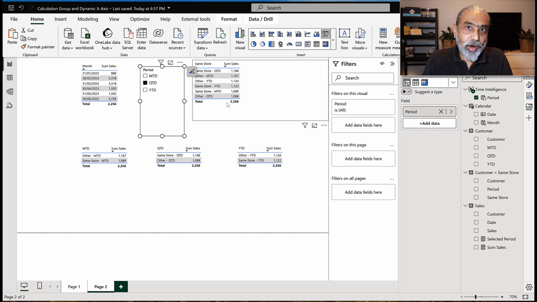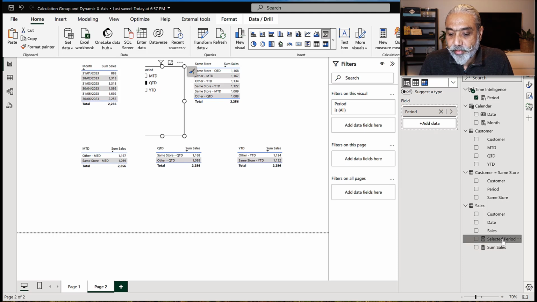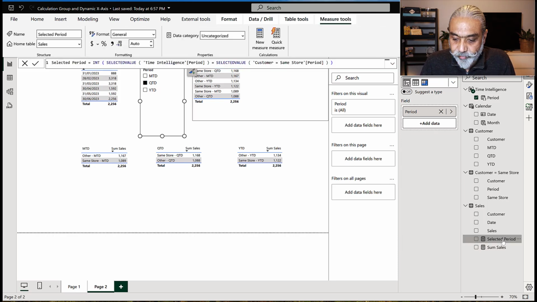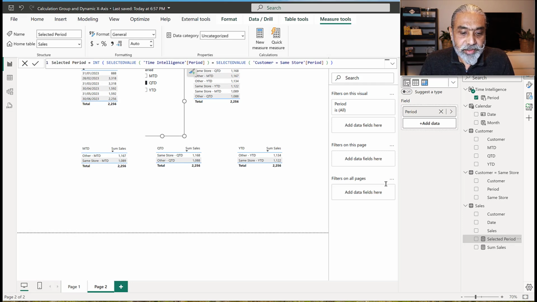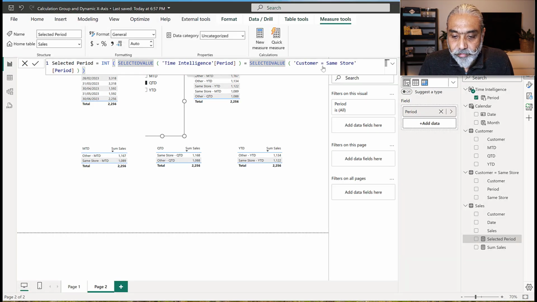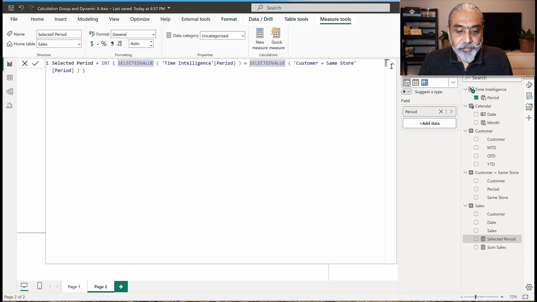There's just one more thing I did on top of that, and that was I created a measure called filter period. I should call it filter period, but I called it selected period. In this particular measure, which is the core of this whole thing, I used the selected value of the time intelligence period. Time intelligence is my calculation group, and I'm checking if the selected value of my time intelligence period, which is MTD, QTD, or YTD on the slicer, is equal to